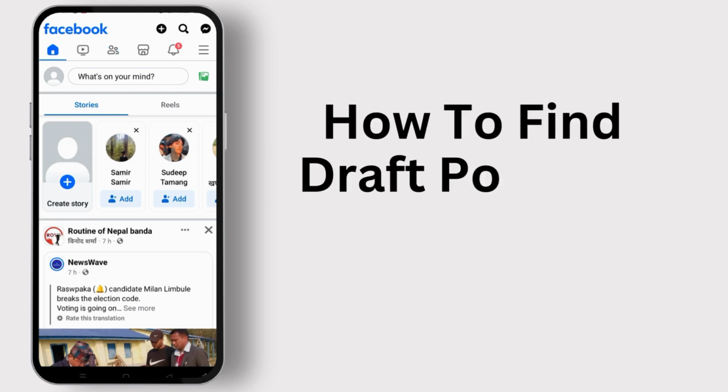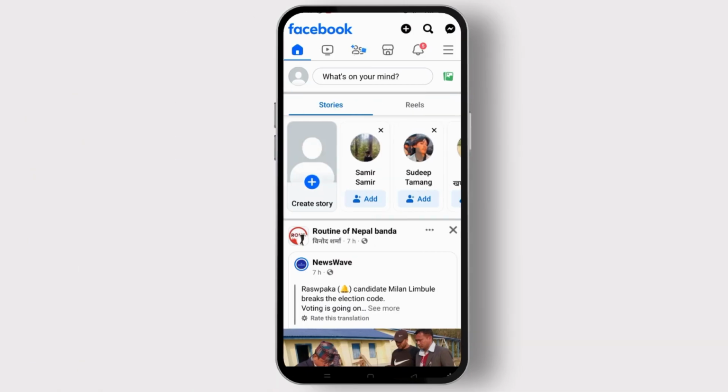How to find draft post on Facebook? Open Facebook app and make sure to log into your Facebook account. Now tap on what's on your mind at top of the screen